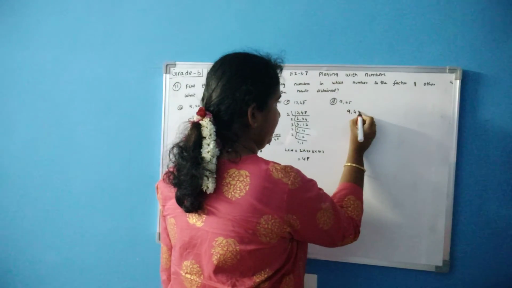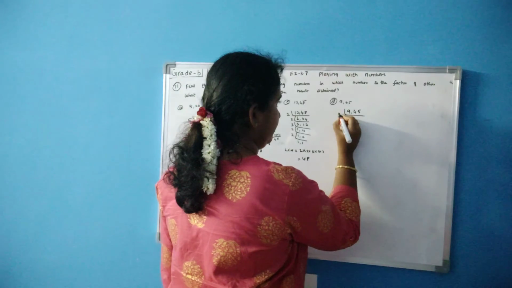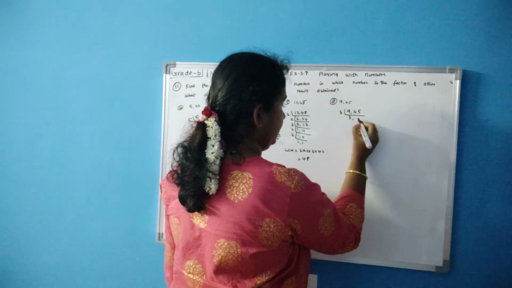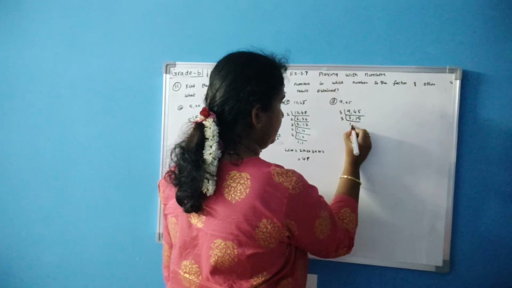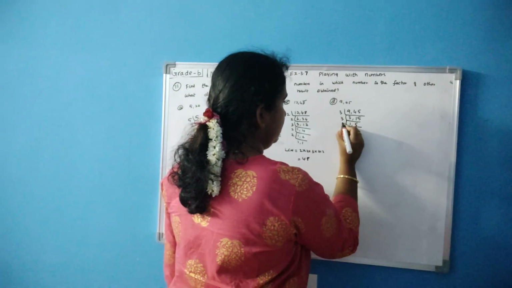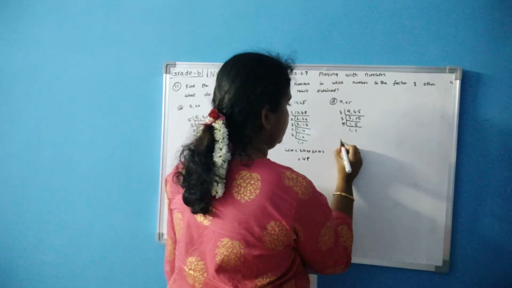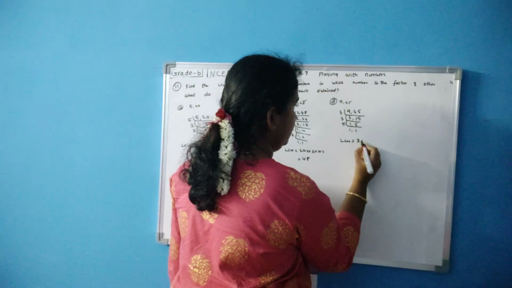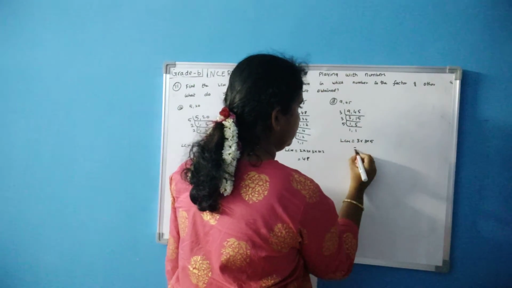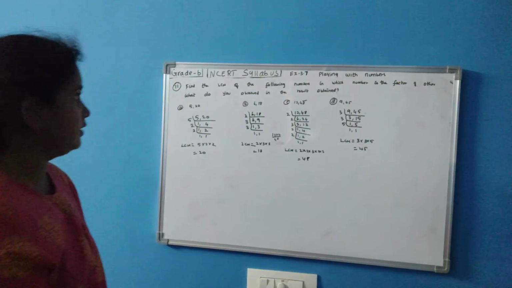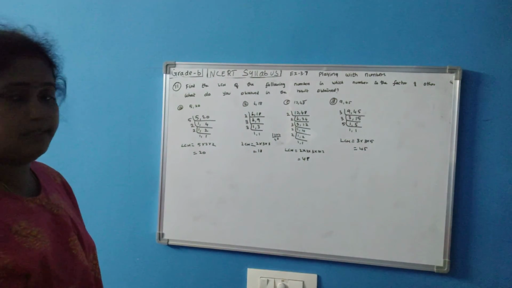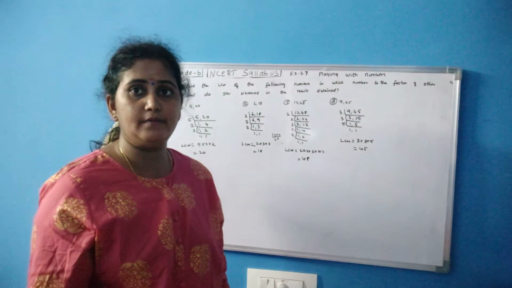9, 45. So I am going with 3 table. 3 3s are 9. 1 3 is 3. Balance 15. 5 3s are 15. Again 3 table. 1 3 is 3. 5 3s are 15. Again 5 table. 1 5. So LCM is equal to 3 into 3 into 5. So that is equal to 9 5s are 45. That is also one of the given numbers. So the result obtained is that the LCM you got is one of the given numbers.